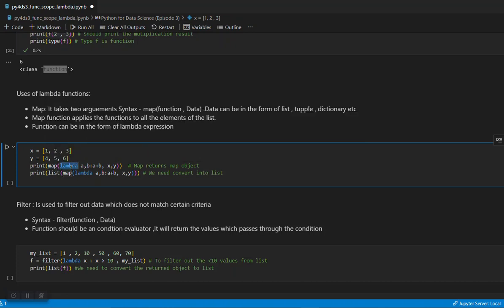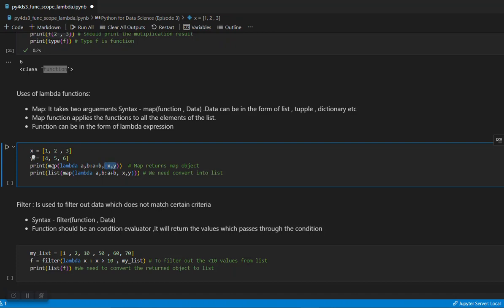Now the syntax of the map function is you write map, then the function, and then the data. The function I am writing here can also be a lambda function. Here I am defining an anonymous function which will take two arguments, do the sum, and return the value. And this is the data which I am passing to the map function.